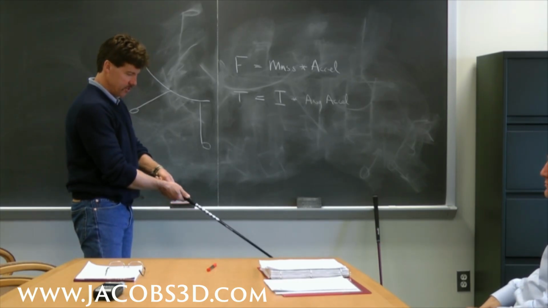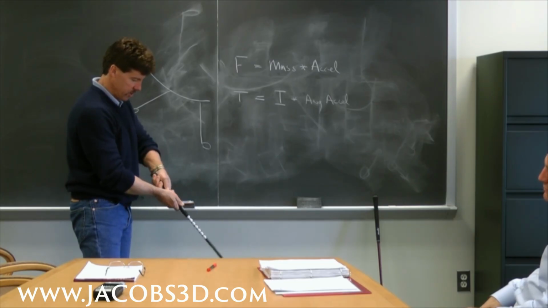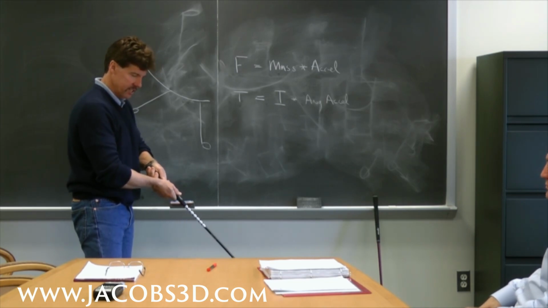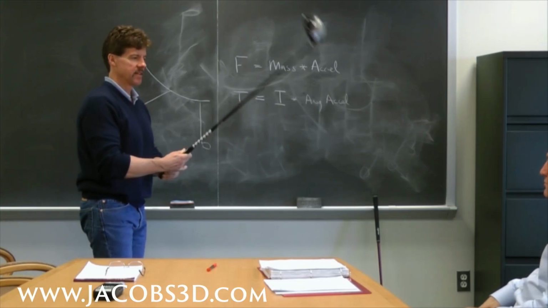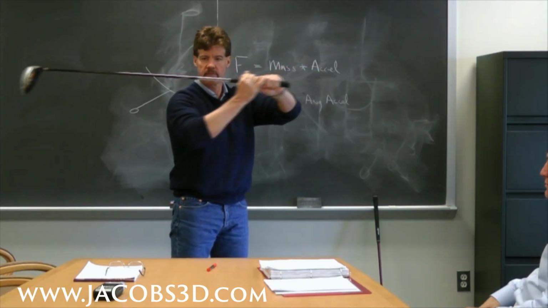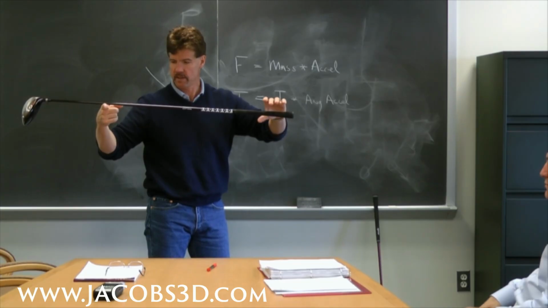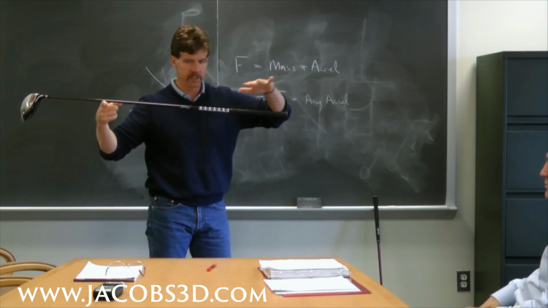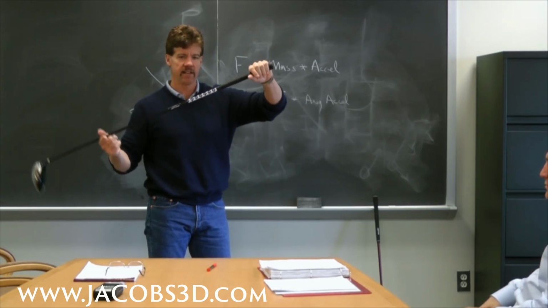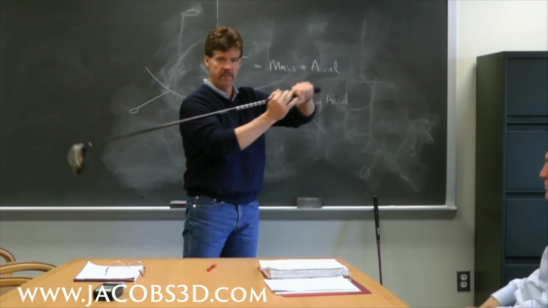One certainly is to apply the torque with the wrist, so you can torque it this way. You can torque it by moving the hands and sort of pushing them in opposite directions. That's another way. If you pull the club, so let's say you're pulling the club like this, the center of mass of the club, the balance point, is about here. Right? Now if you move the club in purely a straight line, and the center of mass is not in that line, it's going to cause a twisting to try and line up. So that's another way that you can